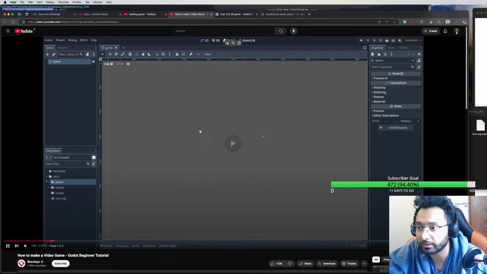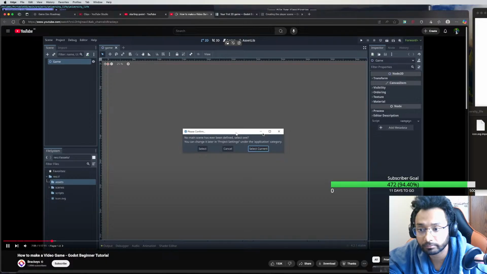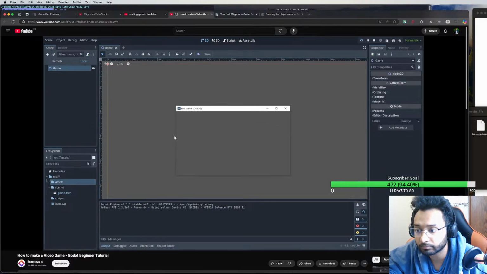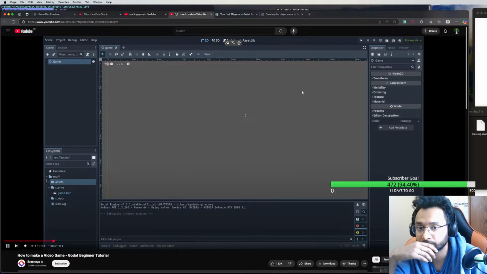Now we can actually play our game. It's not going to be very exciting, but let's try it out. So let's hit play up here or simply press F5. It's going to tell us that we haven't selected a main scene. We need to tell Godot which scene to run. I'm just going to press select current, and you can see that our game scene becomes blue to let us know that this is now our main scene. And as you can see, not much is happening. So let's stop playing by hitting the stop icon here or pressing F8,